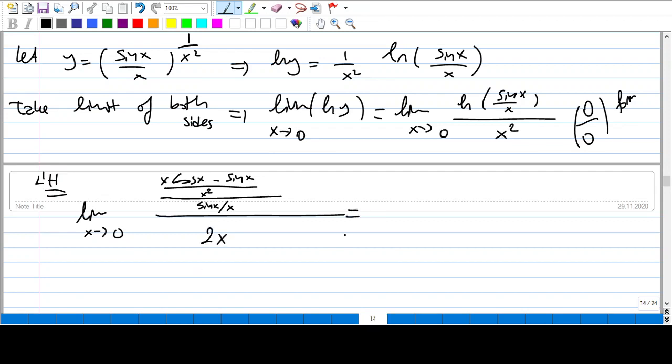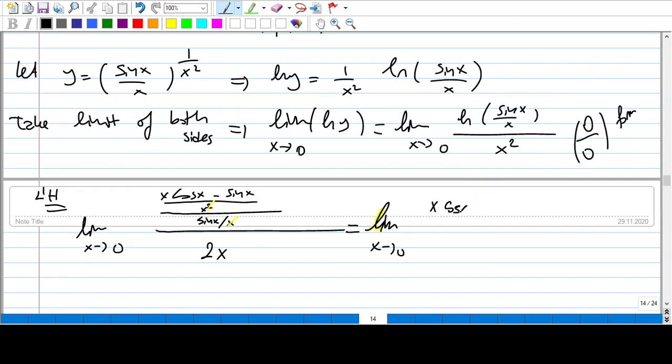If I rewrite this limit again, as you see, we have x squared over x. One of them will cancel with that one, and the other x will cancel as well. Can you see it? Let me rewrite it better. Limit x to 0, x cosine x minus sine x, over x times sine x, over